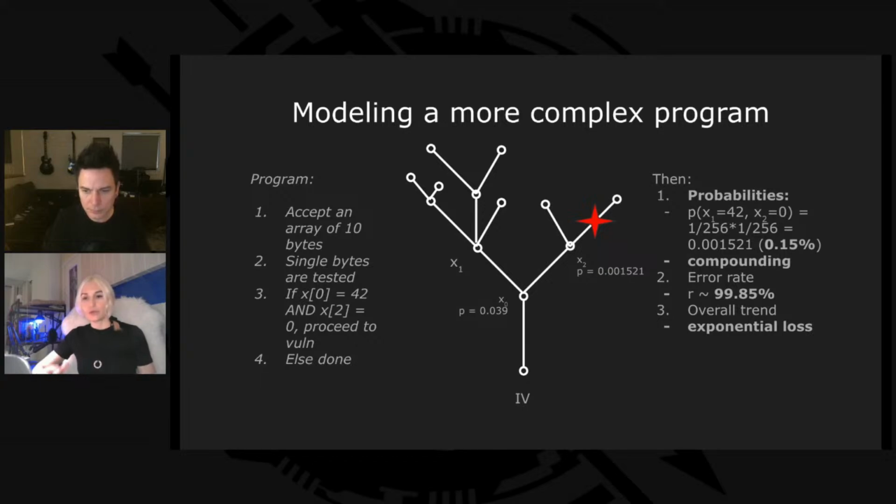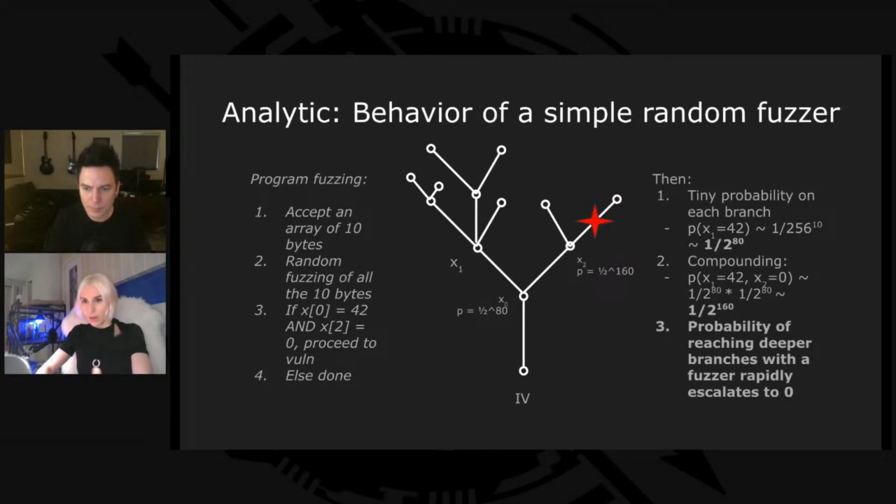How it really works in real life will depend on many, many factors: the width of values that we're fuzzing, the specific techniques that are being used, and so on. So here I want to demonstrate how it works in general. Now I want to apply this and take a look at how these numbers look for specific situations, specific fuzzers. Here I look at a simple random fuzzer, but I take a more realistic situation where a fuzzer will fuzz some large array of values.